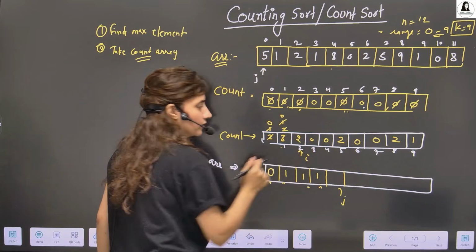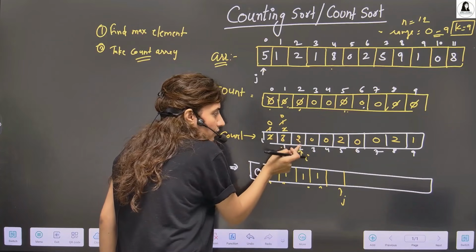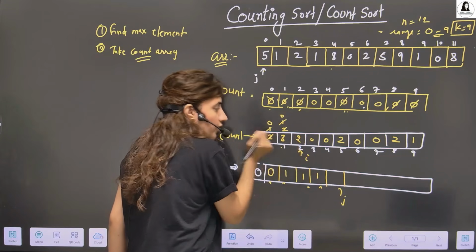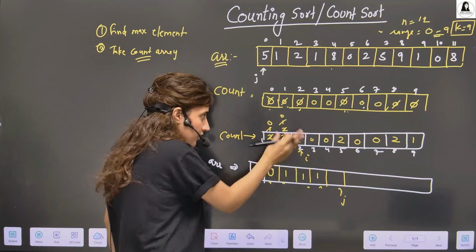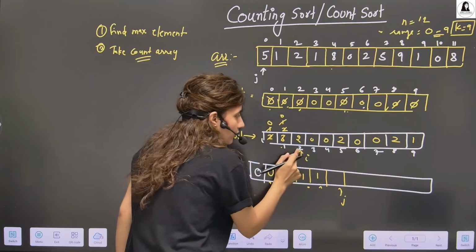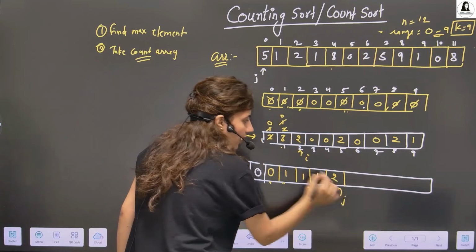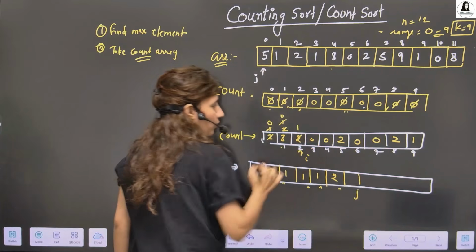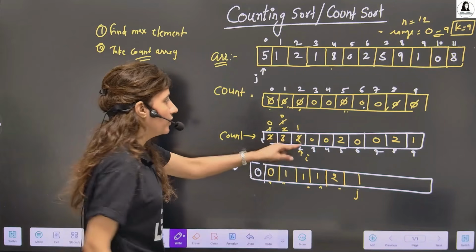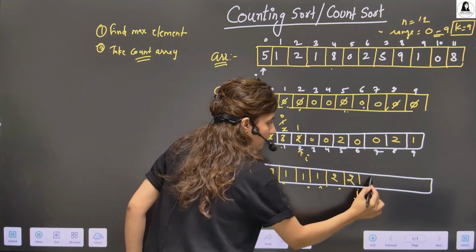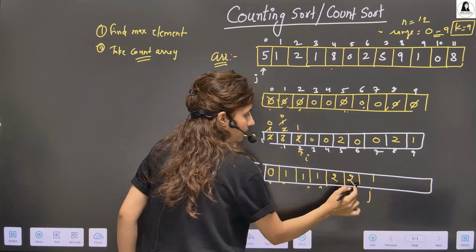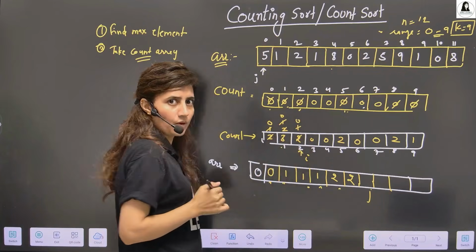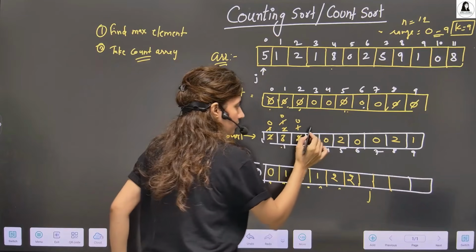Now I will move further. Now at the second index, the element 2 is present in this array 2 times. That's exactly what we can analyze from this. So now whatever this index value is, just put that here, increment j and decrement this by 1. It's still greater than 0. Yes. Again put 2 here, increment j and decrement it to 0. Now it's 0, move further.